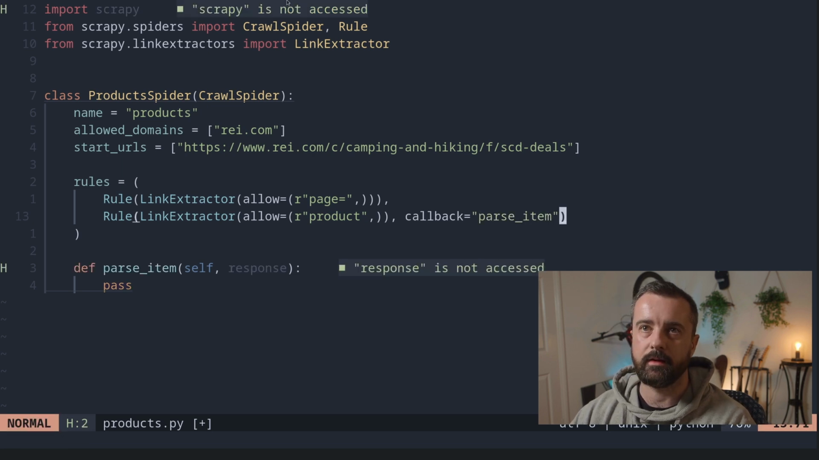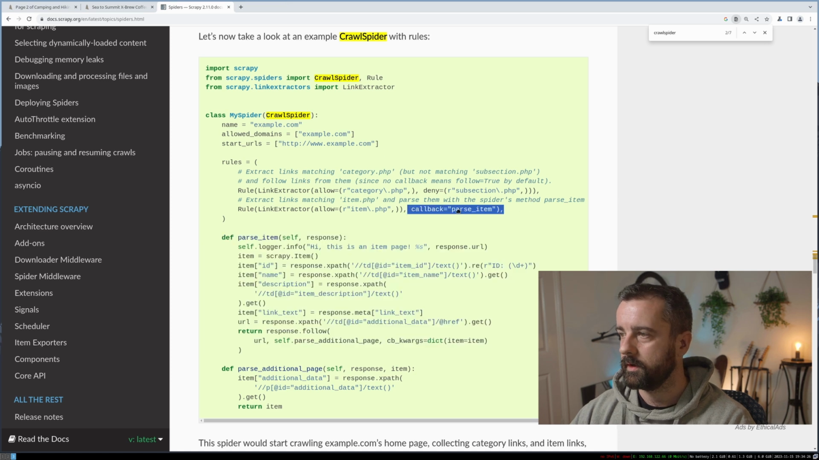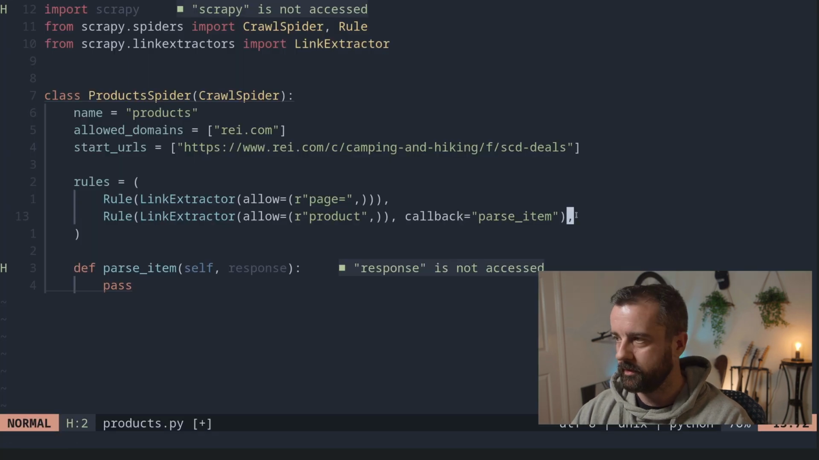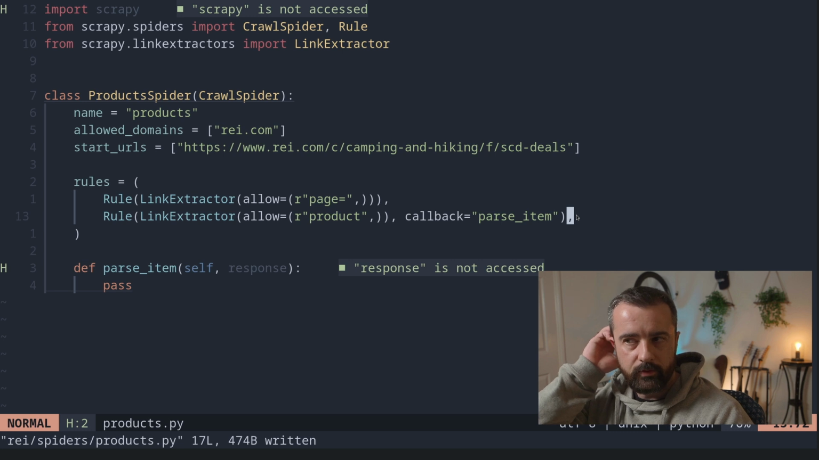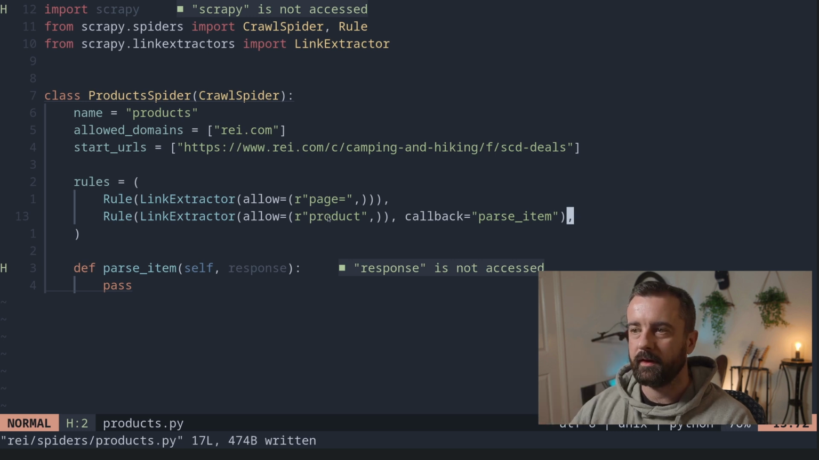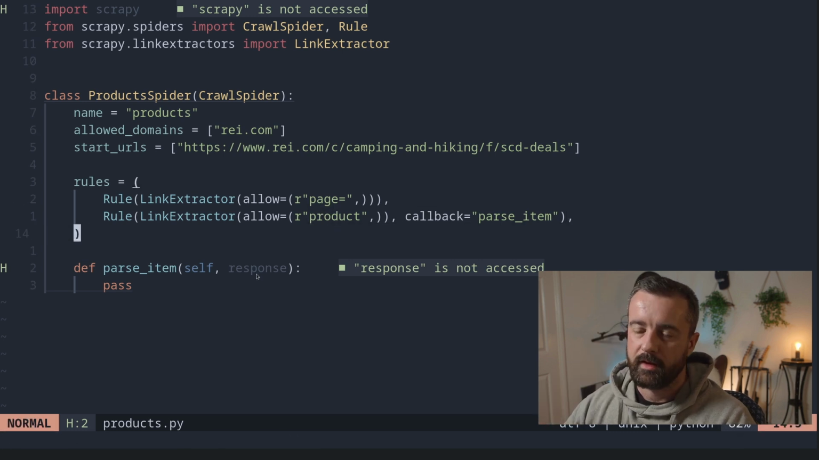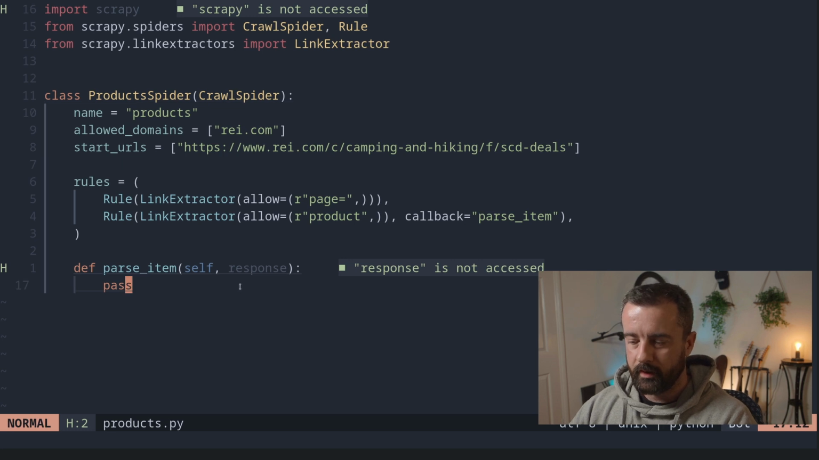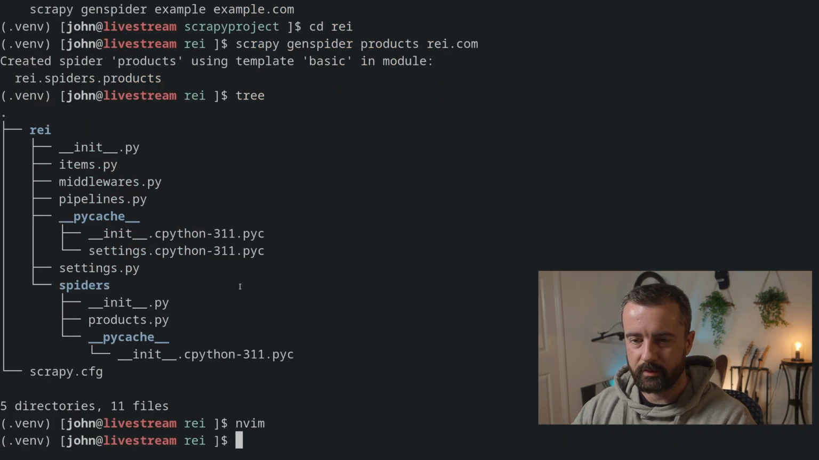I think this is how it should be fine. Pass item. Yep, let's put the comma in there. Okay, so this should work fine. So this is basically going to go to these links. Now, we're not doing anything in this pass function here. So what I'm going to do is I'm just going to close this. We'll clear this up. And we'll